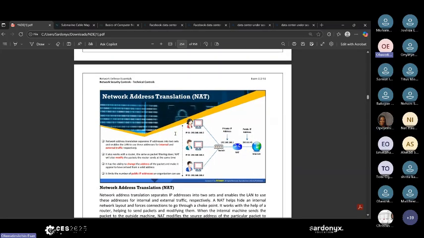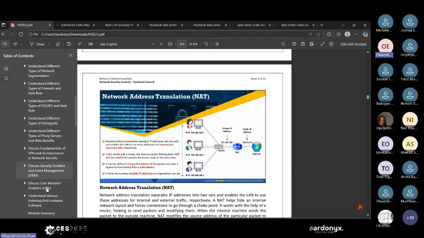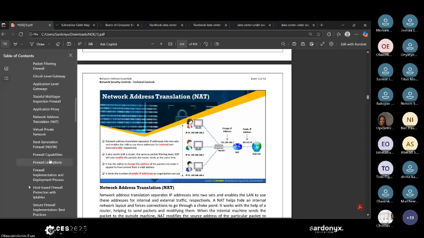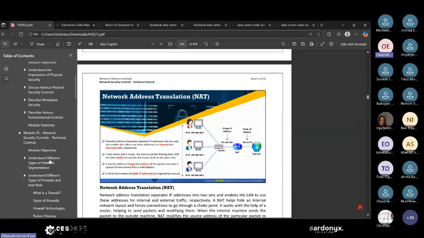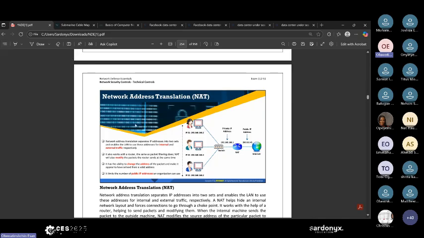Then we have the network address translation. Okay, let me also talk about reverse proxy. Is it specified in this book so that I can also let you understand that? Okay, it's not. So those are part of the advantages. I might also go out of this level once in a while so that you have more understanding. We also have reverse proxy, which is very common in large enterprises.